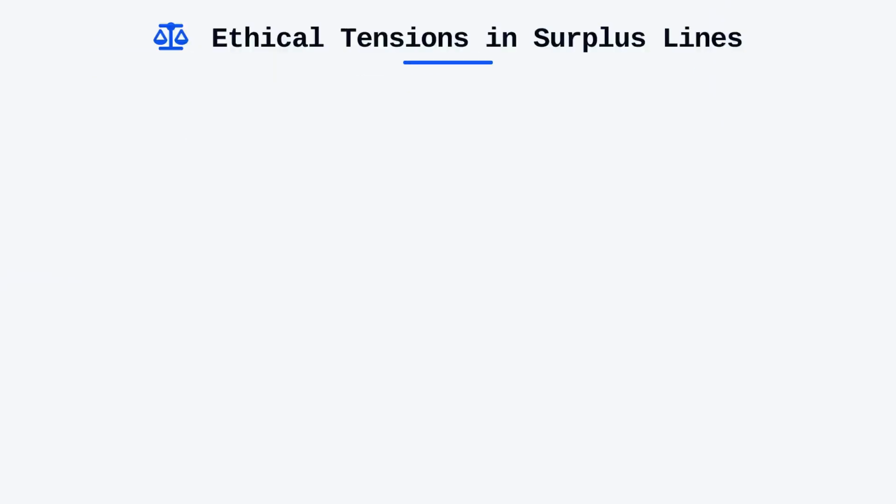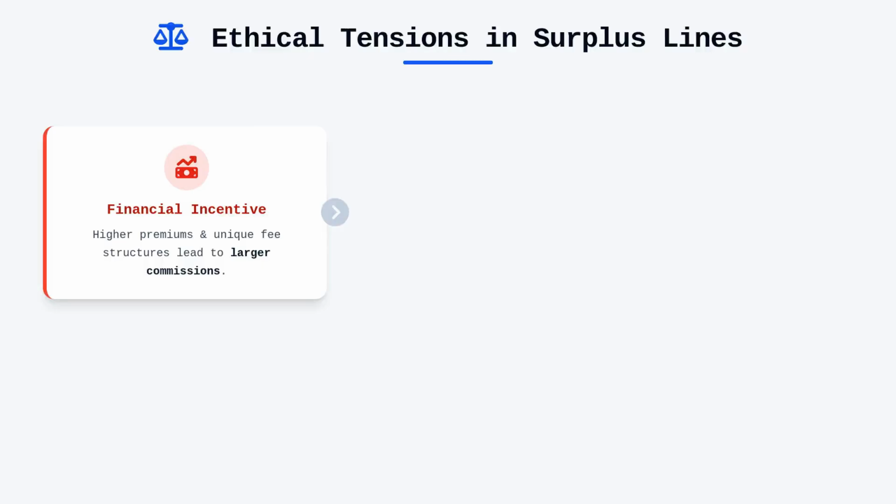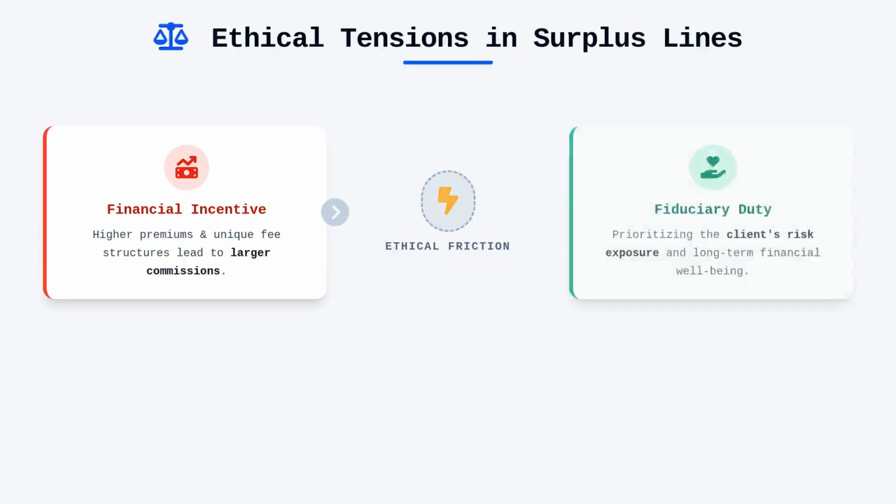The primary ethical tension you will encounter in surplus lines brokerage stems from the friction between your compensation structure and your fiduciary duty to the client. Surplus lines placements frequently command higher premiums and unique fee structures, which can naturally result in larger commissions for the broker. This financial reality creates a potential conflict of interest where a less disciplined producer might feel tempted to steer a client toward a complex non-admitted policy simply to maximize revenue, even when an admitted solution might still be viable or modified to fit. To remain ethical, you must consistently decouple your financial incentive from your risk placement analysis, ensuring